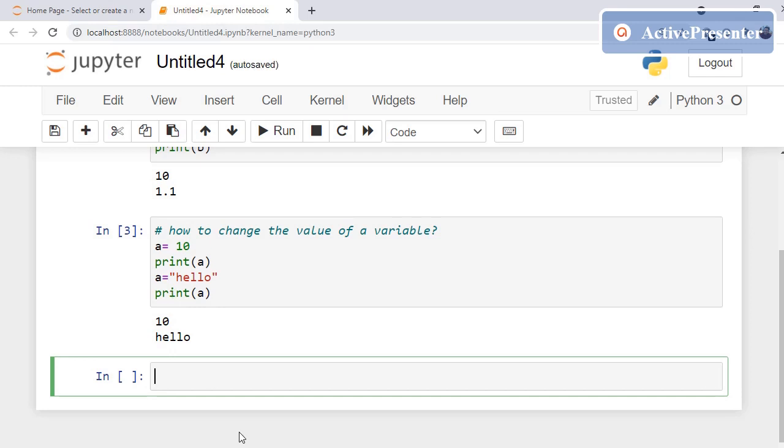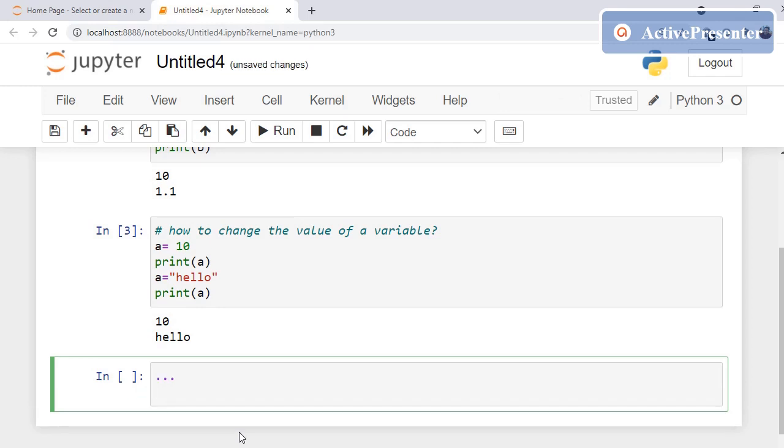Next let us know some rules for naming a variable.